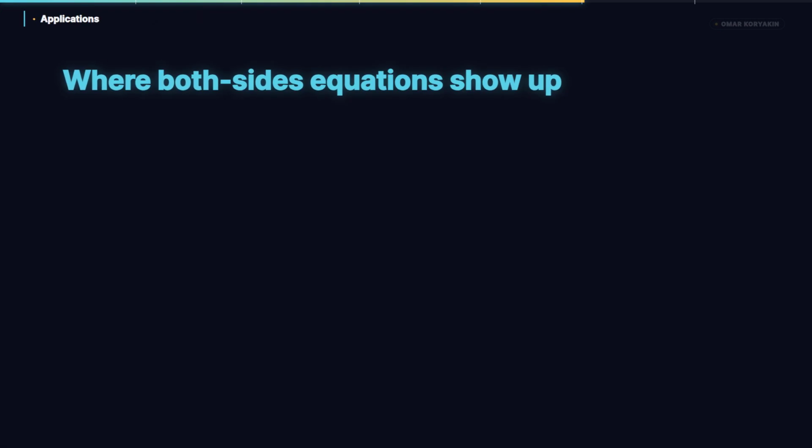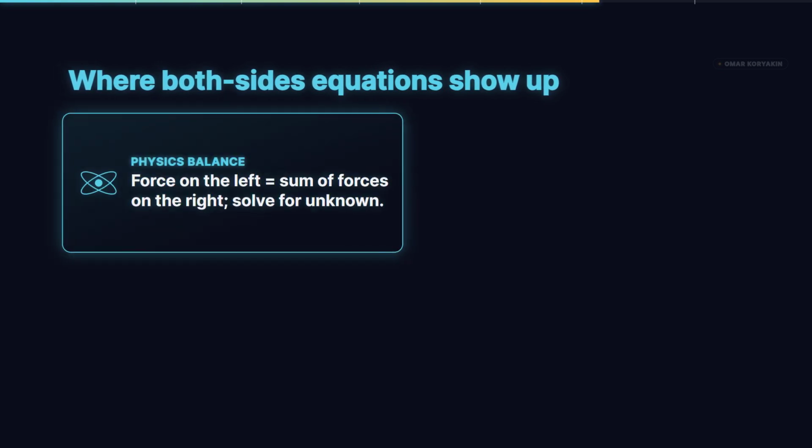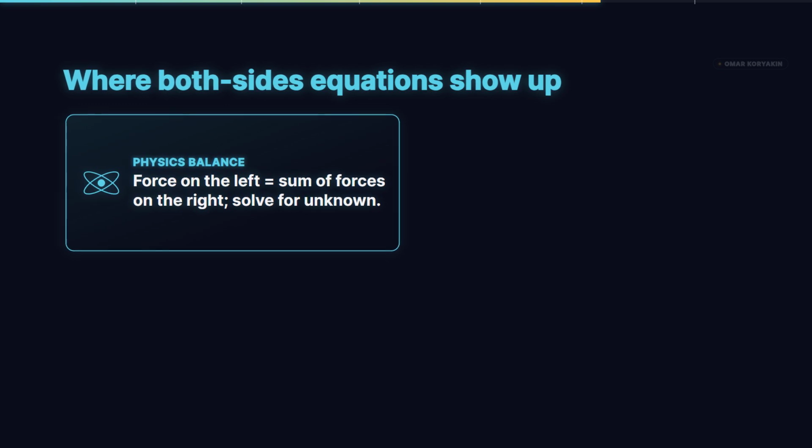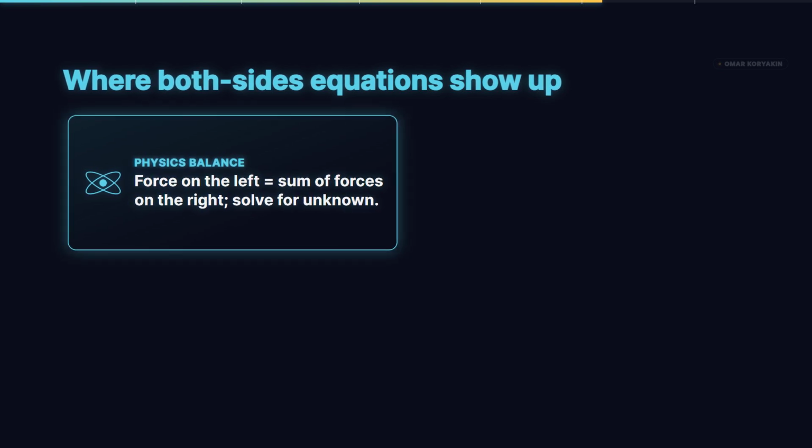Both sides linear equations appear constantly in real-world balance and equilibrium problems across science, engineering, and economics. Anywhere two competing quantities must be equal at the answer, a both sides equation is the modeling tool of choice. Four broad sectors below. In physics, free body diagrams produce equations of the form sum of forces on one side